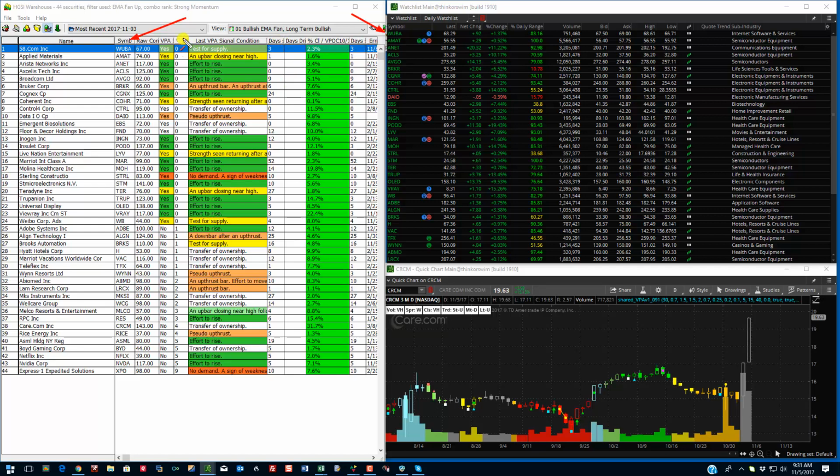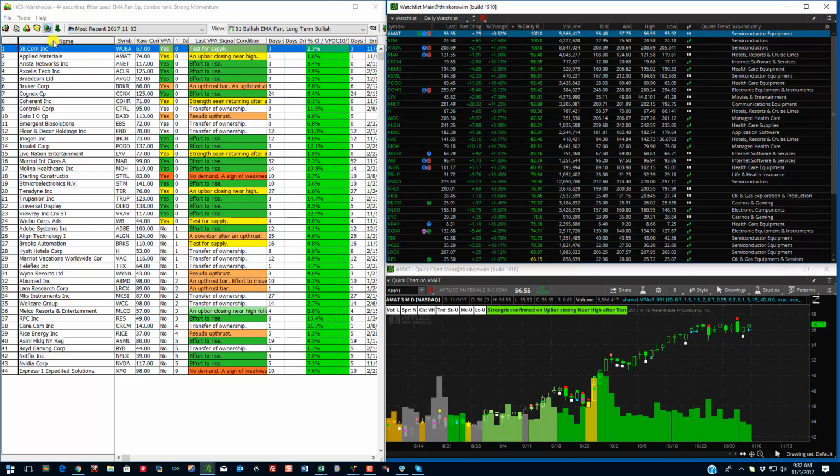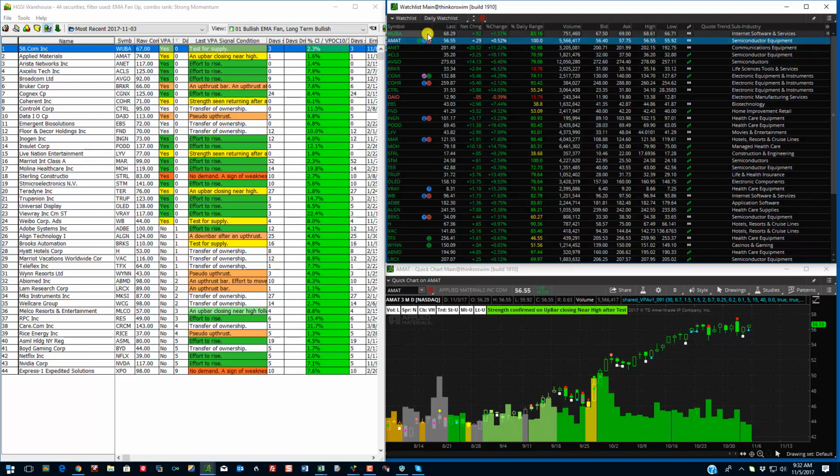Where is my sort? The days since the last VPA signal. All of these stocks had a VPA flag on Friday, and they're in that list. Now let's say that I go in here and I sort on percent change on the daily range. AMAT closed at its high, but I want the list over here to reflect what is in here, the days since the last VPA signal. So what I do is I right mouse click on symbol and select no sorting, and it goes back to this list to reflect what is going on in HGSI, or what I had my sort on in HGSI. So now as I go down this list,